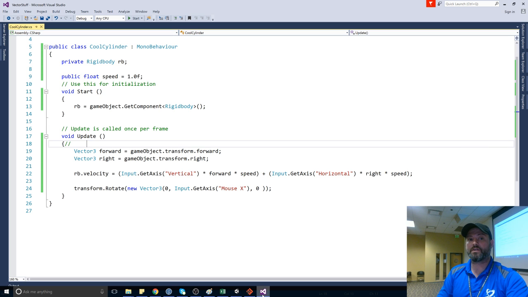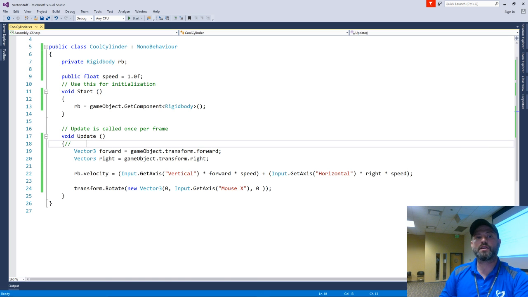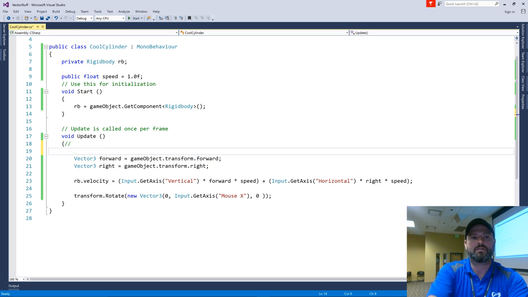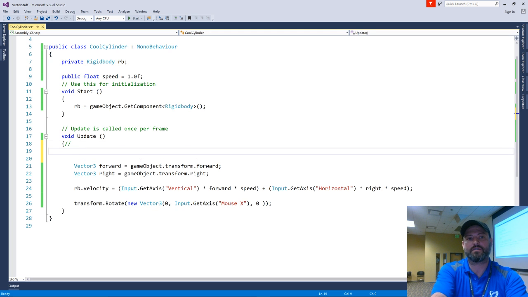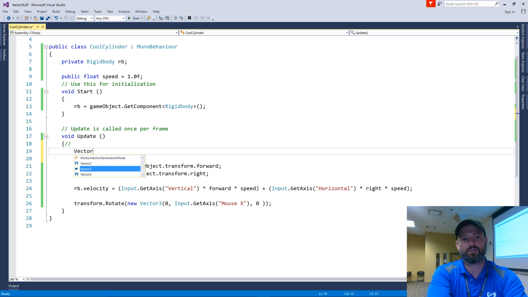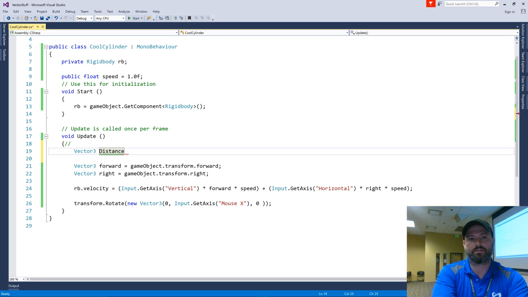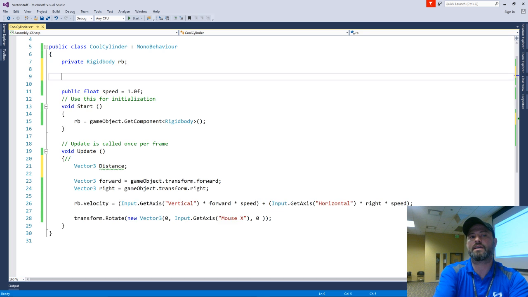There's a couple things that we could do with this. If I wanted to know the distance to that guy, right? Let's make a Vector3. Distance. That's fine. We're going to make a game object so we have access to that guy.